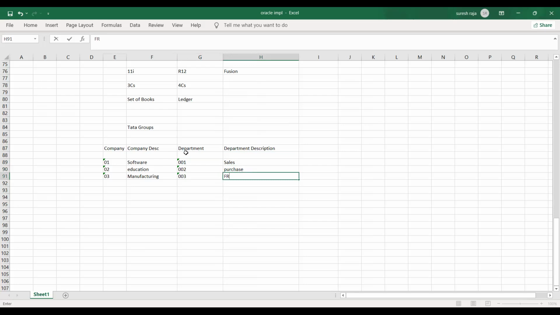Normally they will have departments for manufacturing, and a different sales department for software. So you will have so many departments, because they are running a very huge business. Mandatorily they will have the account description. So what are the normal accounts you will have?